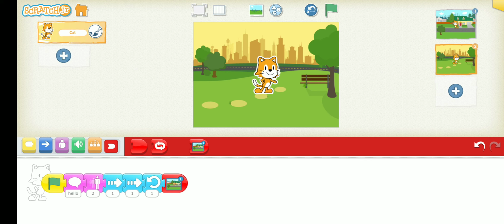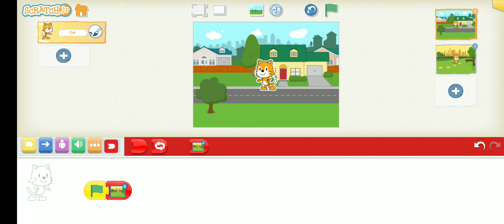Oh, I was on the second page. So it means I have done the programming for my second page. How do you understand whether it is your first or second? On your right hand side, can you see the pages? Where I am, on the second page, it is showing 2. Okay. So now I will go opposite, from 2 to 1. So I am coming to 1 again, and here I am changing the program.